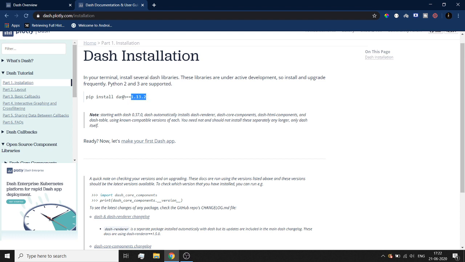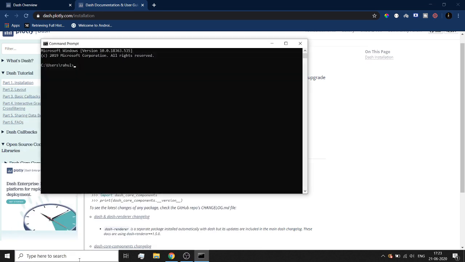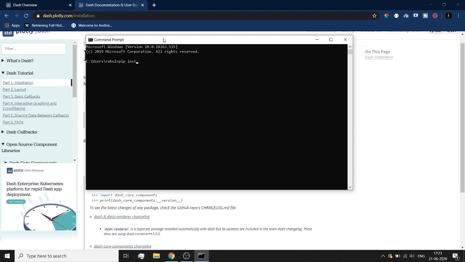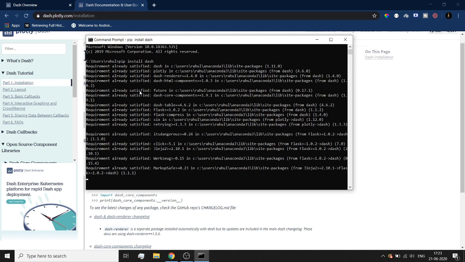Obviously pip will smartly install the latest version of Dash. Okay, so let's quickly run this particular command on our command prompt. So I'll do pip install dash. If I hit enter, most probably it is already installed on my system, and you can clearly see requirement already satisfied.